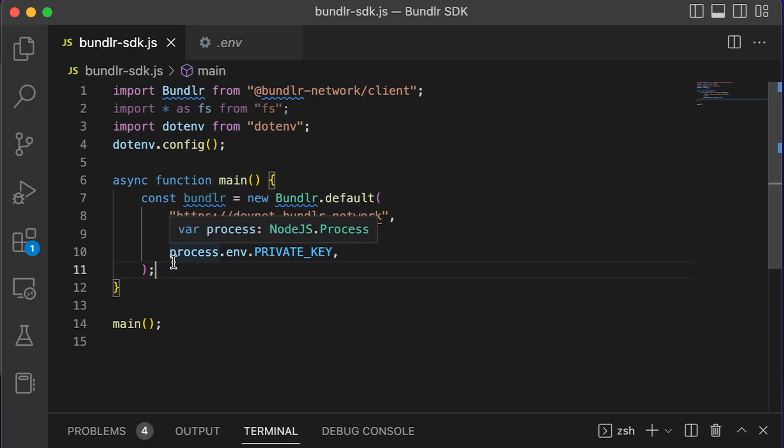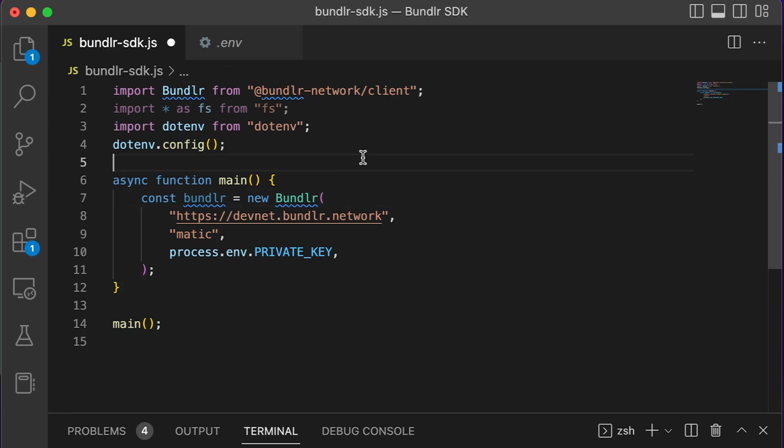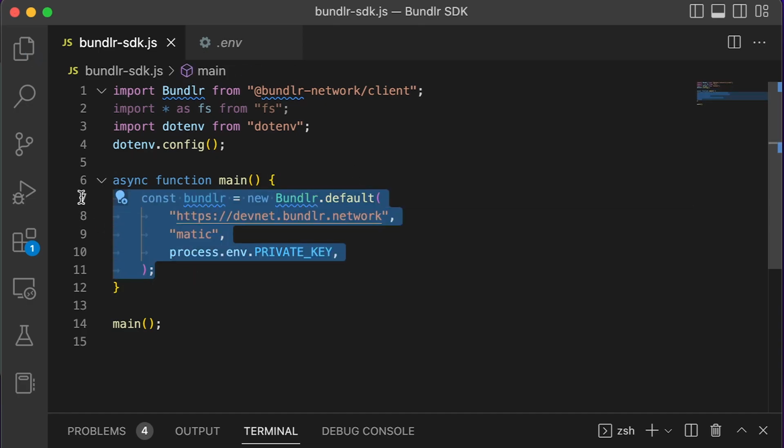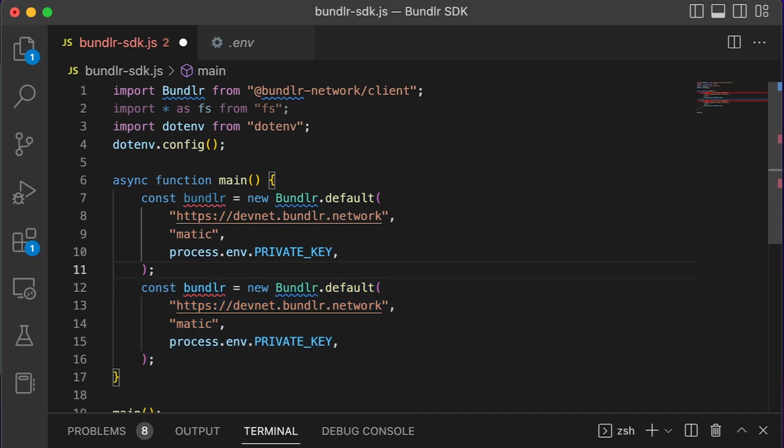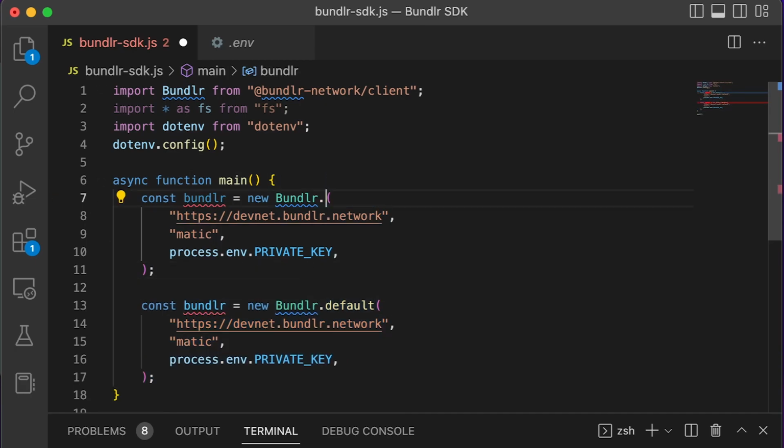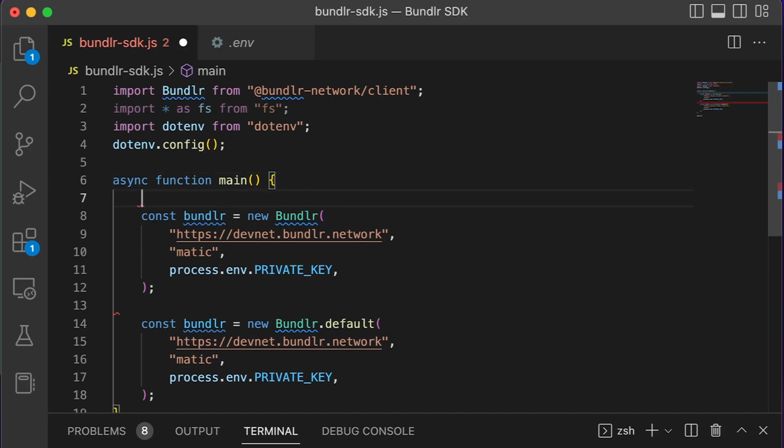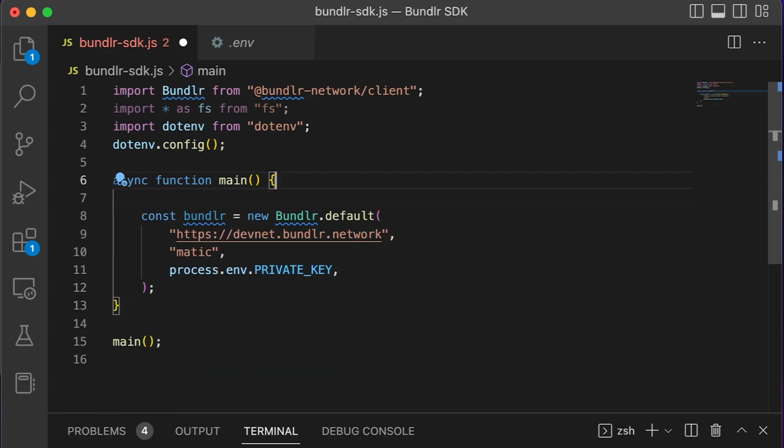Okay, a couple of little simple things here. One, when working with JavaScript and ES-style imports, this is the way you create a new Bundler object. When working with TypeScript, it's slightly different. You leave this off. You know what, let me just put them both here so you can see it super easy. TypeScript on the top, JavaScript on the bottom. I want to make this video accessible to the most number of people, so we're just going to go with this JavaScript version.